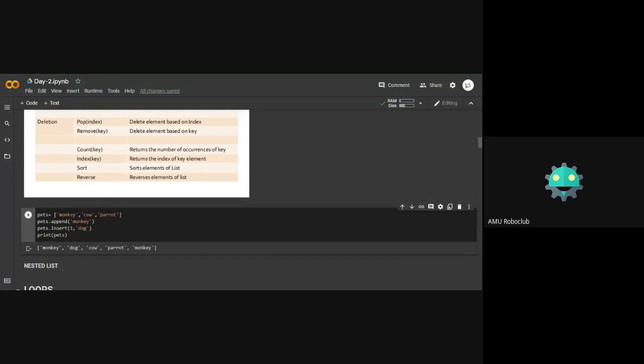See, I use this append statement and monkey is added to the end of the list. Whereas when I used this dog and gave it an index element 1, the dog was added at index 1, right? 0 and 1. And here we have dog and the rest of the elements were shifted forward.